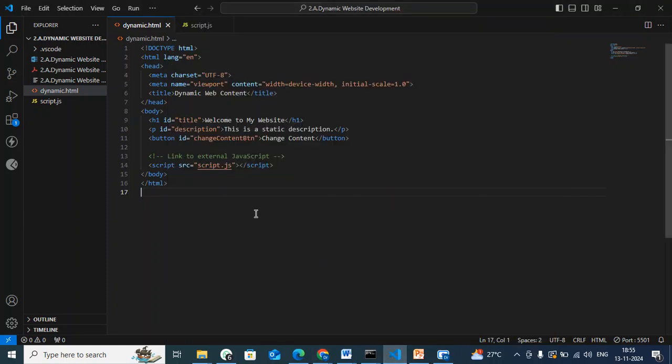Good morning, everyone. Our second program is creating a dynamic website. For creating a dynamic website, we have to make our website responsive, the static web page to be responsive. For that, we are going to make use of JavaScript, and we can use it in two